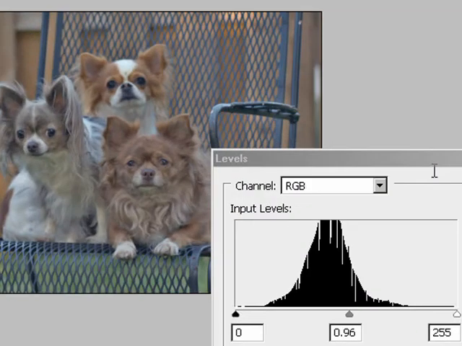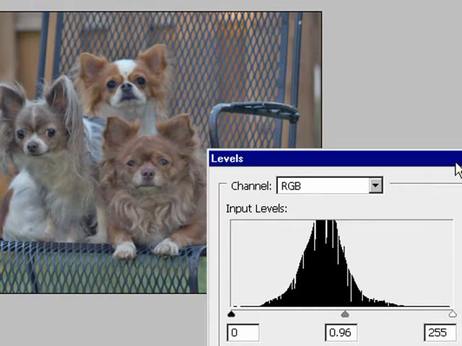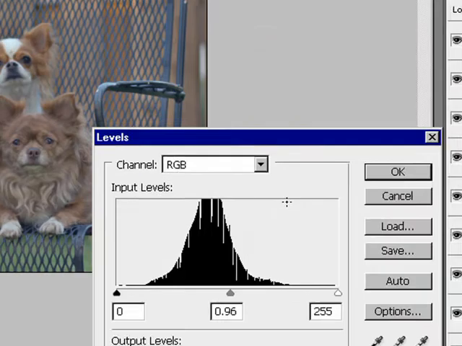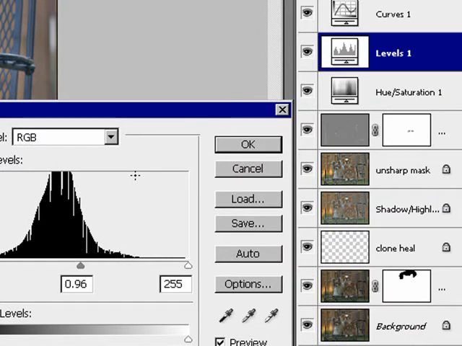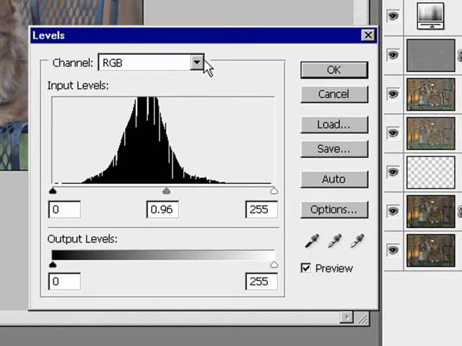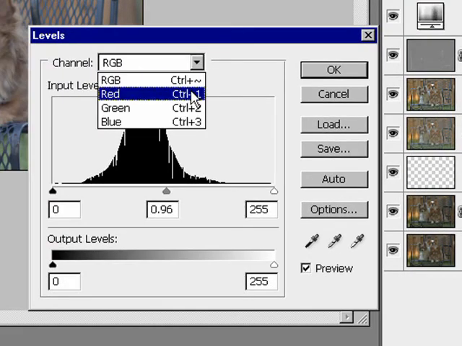Welcome back. We'll finish with levels and then get on with the curves. Now the levels didn't require a lot of work because the histogram was almost there because of the shadow and highlight and unsharp mask layers that we did early in the workflow. The only adjustments we needed to do were onto these individual channels, the red, green, and blue, to offset any